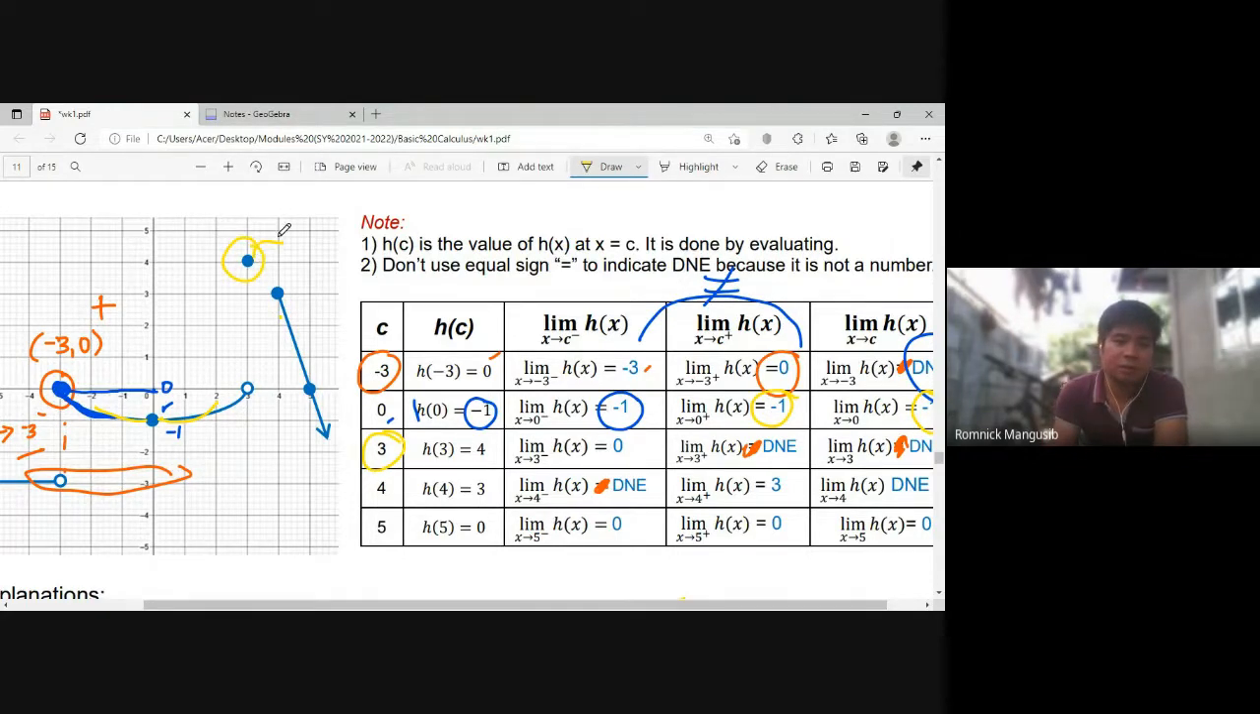Kasi nandito yung point na pairing niya. When X is 3, that must be 4. Sabi niya, Y must be 4. So nandito yung point. At itong point na ito is now referring to the evaluation of function, just plotting of points. H of 3 is 4. Okay, what about when you talk